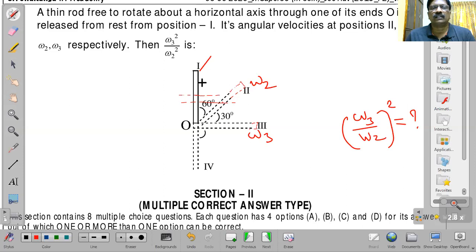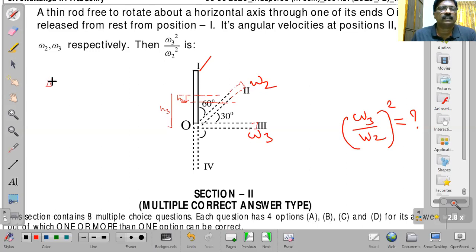So whenever the rod turns through an angle 60 degrees with vertical, up to what distance does the central mass fall? That is say H1 or H2. Whenever the rod becomes horizontal, the distance through which the central mass falls, that is the third position of the rod, is H3. So whenever the rod rotates through an angle 60 degrees from vertical, the central mass falls through a distance equal to H2. That's why it loses potential energy. So the loss of potential energy, say delta U.